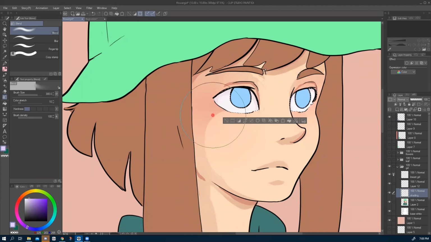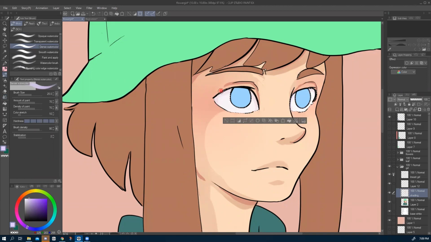Yes, okay. Neat. And then back to the B tool, and I'm gonna make it slightly darker. I'm gonna put a hard shadow in here, but only ever so slightly, and it's really subtle. But slowly building up on your subtleties is what builds your art. So that's cool. And then I'm gonna Control D to deselect,